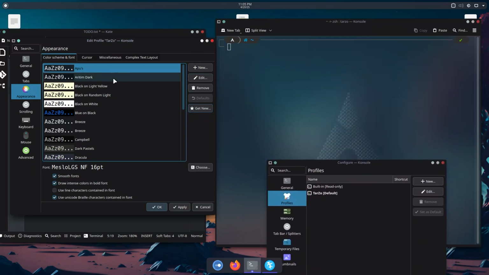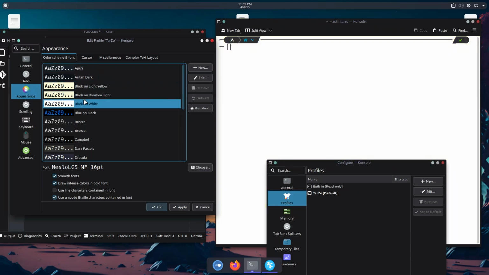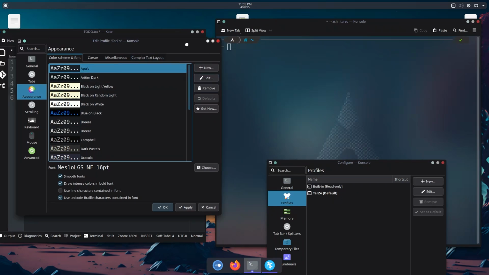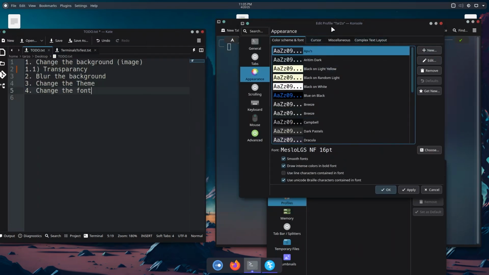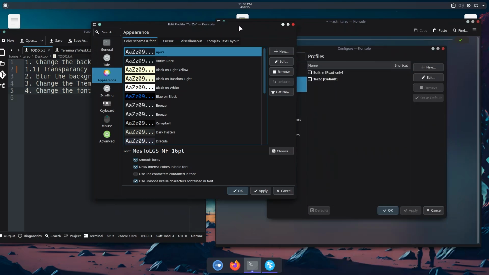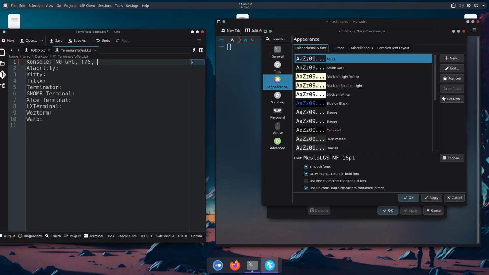So you can see it has a theme. If I do this, it keeps the blurriness. But if I go here, it doesn't keep it. So make sure whichever theme you want to use, you configure the transparency, because it won't work if you don't configure it. Anyway, there we go. So now we have font. So console can do everything. So we'll say that, okay, supports transparency. So you can do